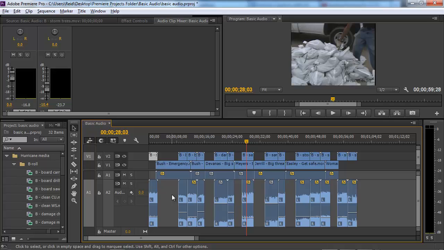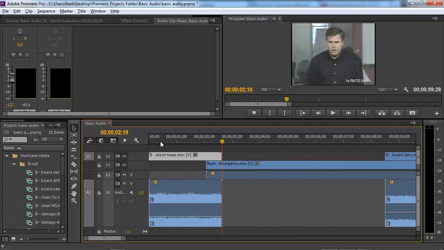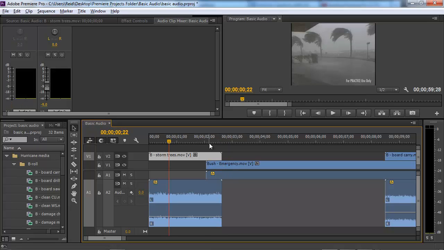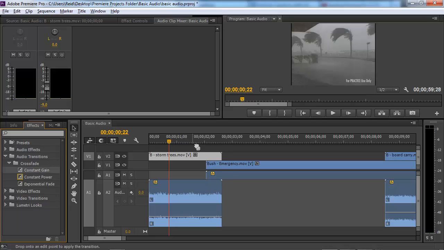But before we do that, let's go through and add some basic transitions that are going to help the transitions in and out of these various cuts. Let's zoom in right here and we'll take a look at the first one. What we've got going on here is this first shot of Storm is coming in just as Governor Bush is about to talk. So let's slide over here and get our audio effects. Let's close up the presets and video transitions, and we're going to go to our audio transitions and get our crossfade, and we're going to go constant gain. So let's just take this and drop it right on here